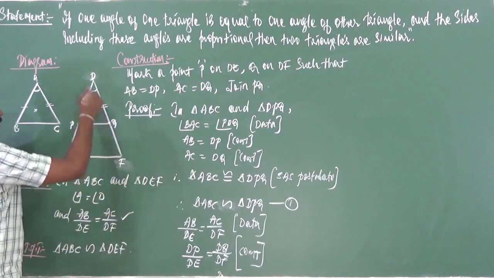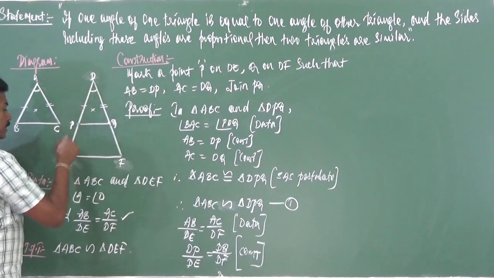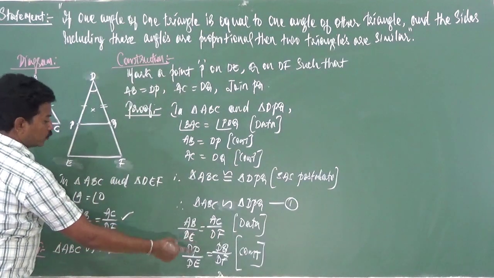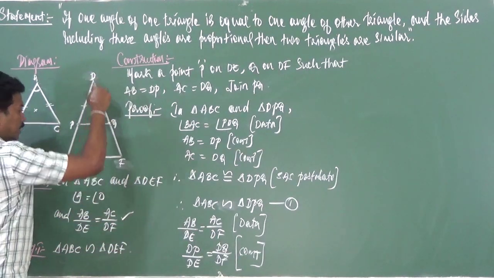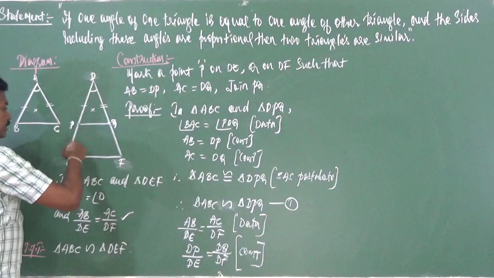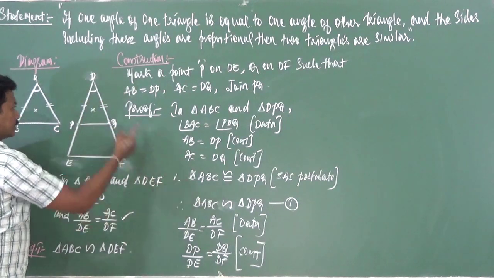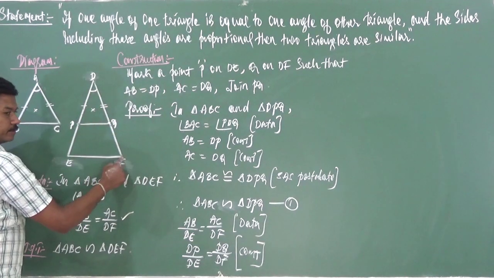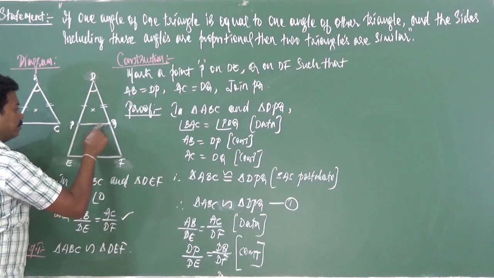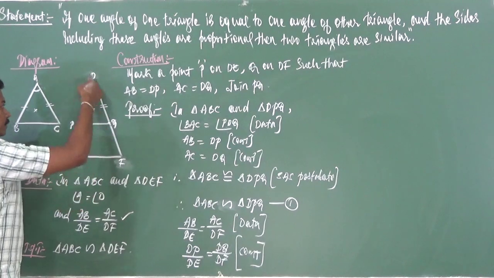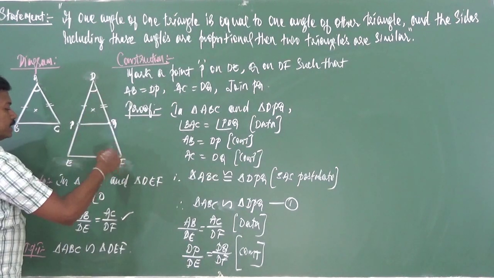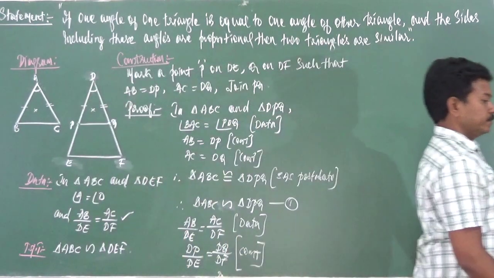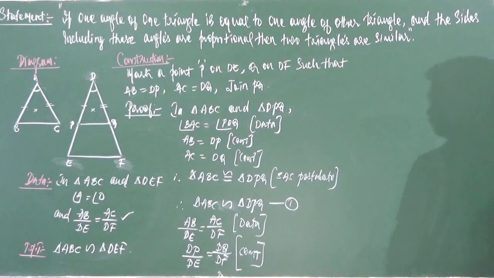dP by dE ratio is equal to dQ by dF. So in this triangle, what has happened is dP by dE is equal to dQ by dF. That means this line PQ is dividing these two sides of the triangle proportionately. Right? I hope you got the point now. So the line PQ,